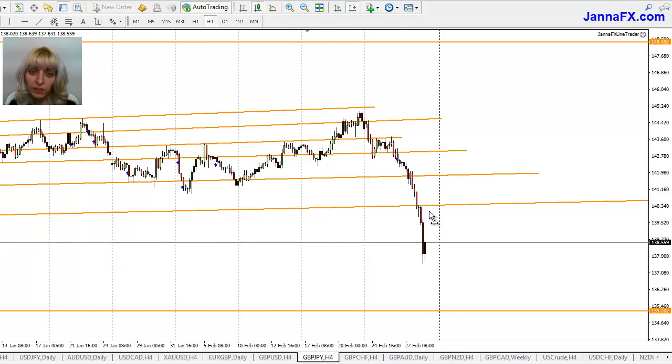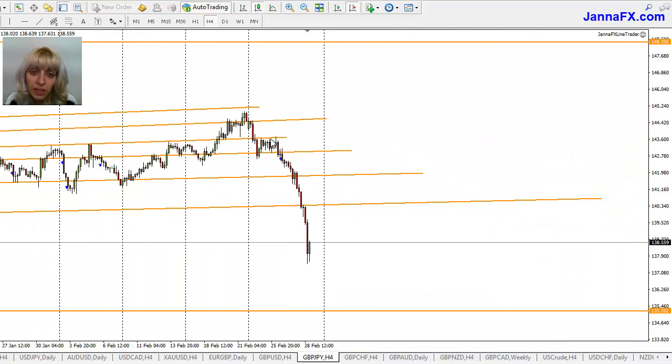So pound yen, here we go, guys. Heavy drop and entry point. Here we go, levels. Okay, we started the week here. It gave me nothing here because it dropped straight away. It didn't do consolidation on top of it, but it consolidated between these two levels, and I just used the same level once again to